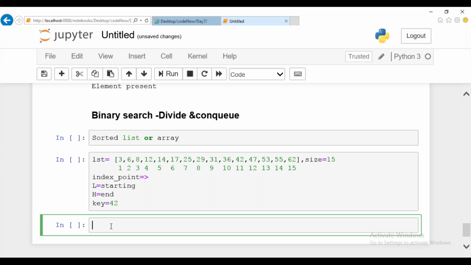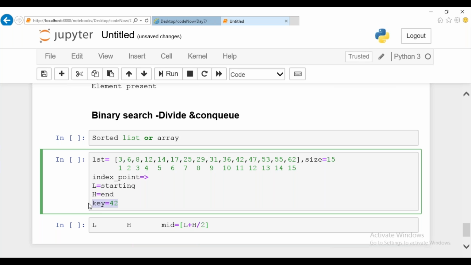So here I set the lower bound value and the higher bound value, and I'm supposed to find the mid value. The mid value is your lower value plus your higher value, divided by 2. This is the logic: lower bound plus higher bound, divided by 2. For example, we have taken our key value as 42.